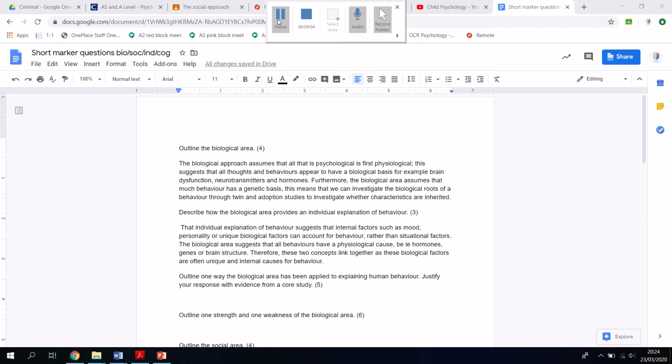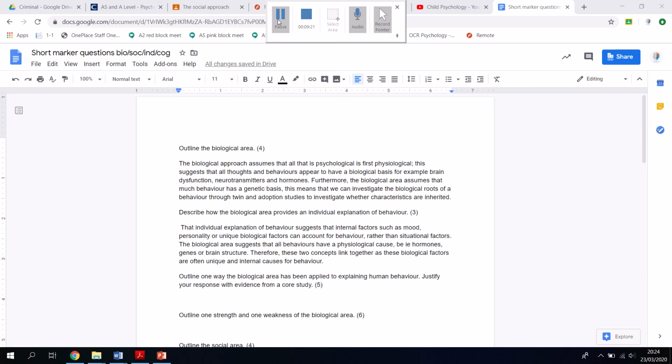So this next question: outline one way the biological area has been applied to explaining human behaviour. Justify your response with evidence from a core study. This one I have only ever seen asked for the individual differences area so far, but essentially what you need